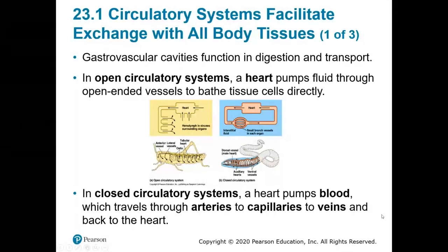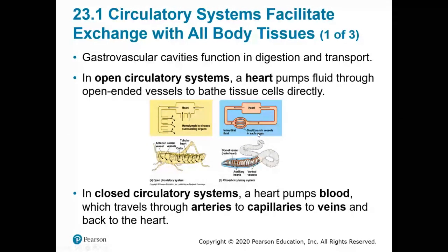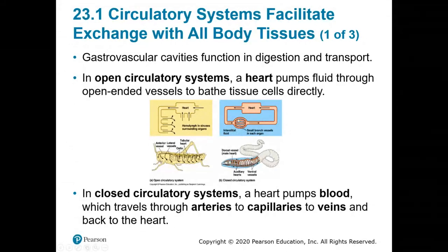directly. In a closed system, we move through what's called a capillary bed, and that's where gas exchange is going to occur, but the blood stays inside, or at least most of it, and goes back to the heart. Now, what we're not seeing with this, especially with our system, is the lymphatic system, and it's going to pick up the fluid that leaks out of the capillary bed and return that back to the circulatory system so it can be pumped again, right? So these are 2 major types of circulation, the open system and the closed system,